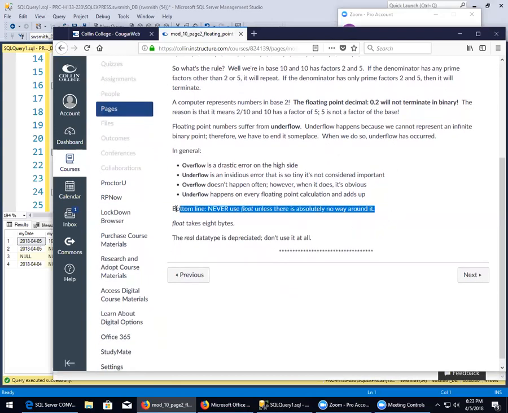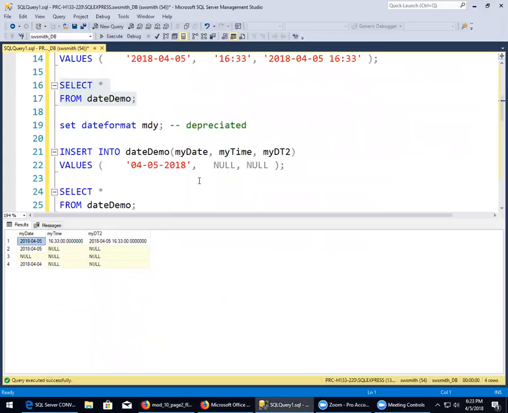Okay. We have never used float. We have used the number data type. Remember, we have used